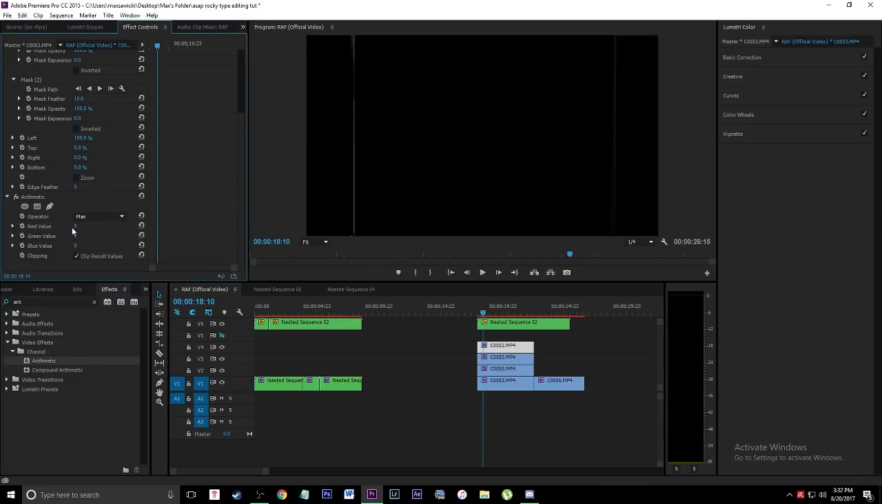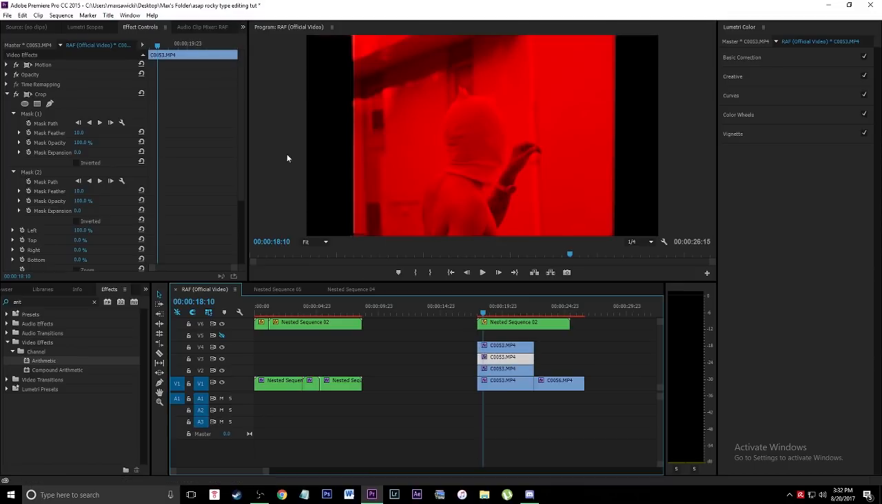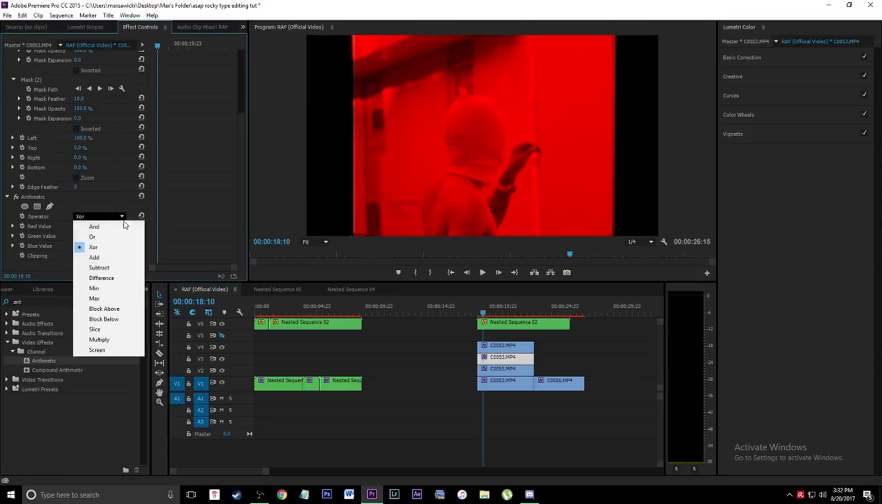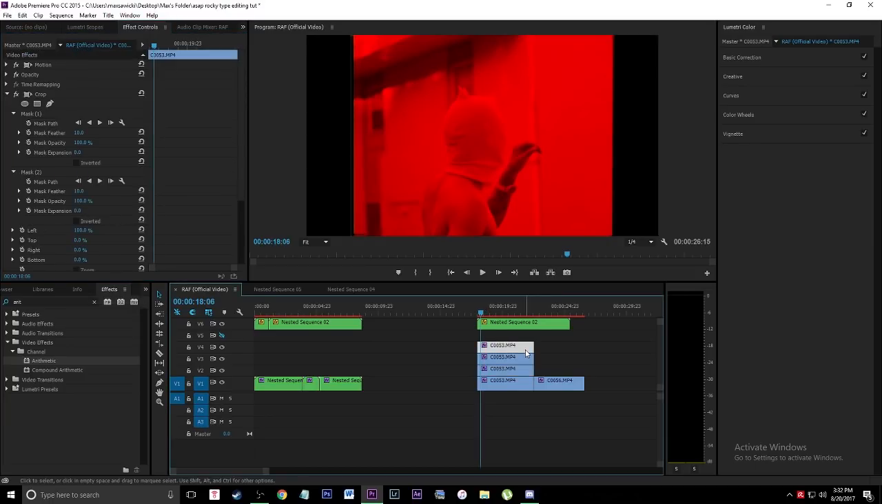max, and then make the red value 255. That's very important. We're going to go red, green, and then blue. So the first one is going to be red. Then we go to the second clip. We do the same exact thing. We make it max, and we change the green value to 255. And then the third clip, we go all the way down, make it max, and we change the blue value